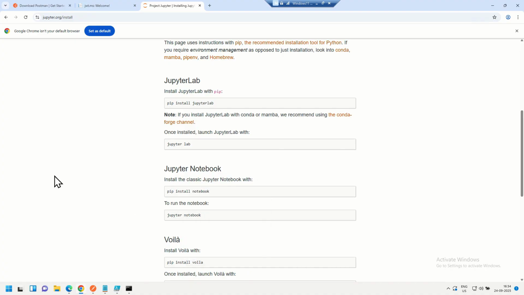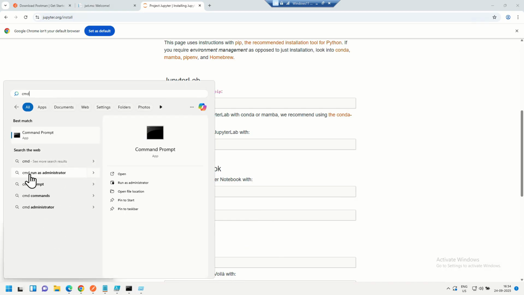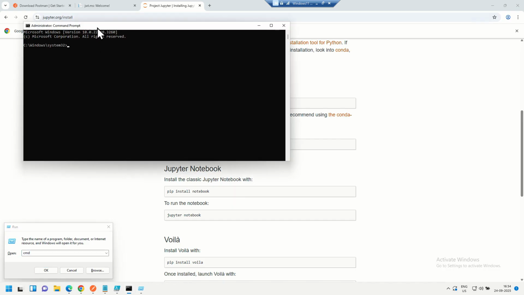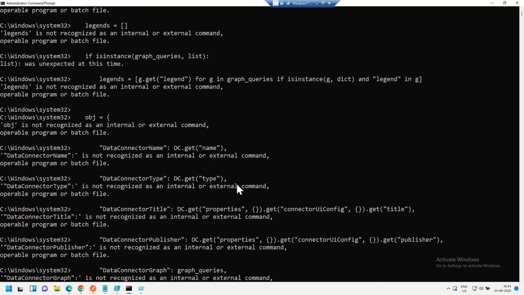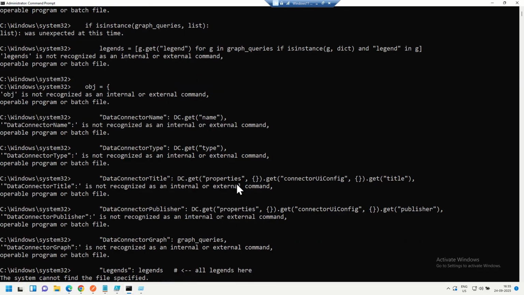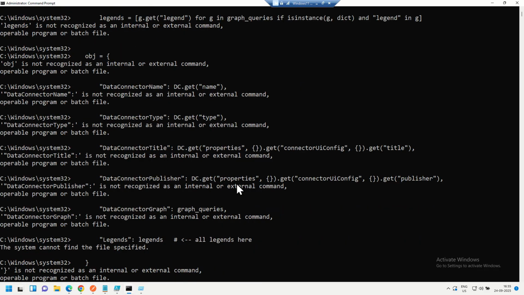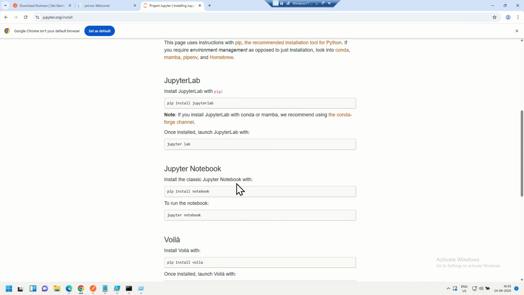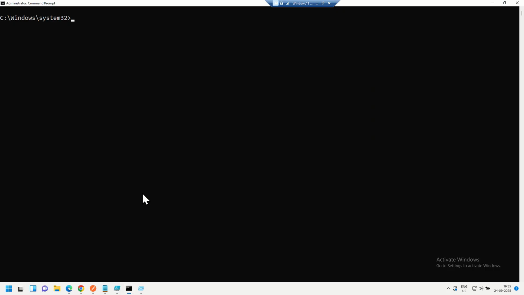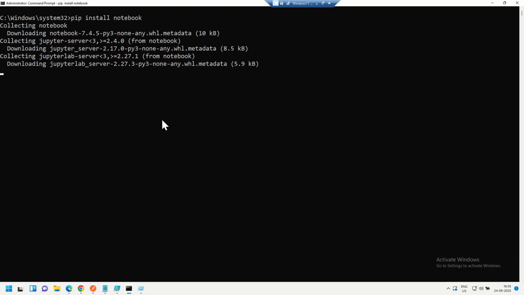That's it. Now for that, I will open command prompt with admin privilege, and I'm going to click on yes, and I'm going to run this command. Okay, it has taken some cached command. Anyways, I'll just clear the screen. My bad for that. I'll copy this again, and I will paste it. Now again,